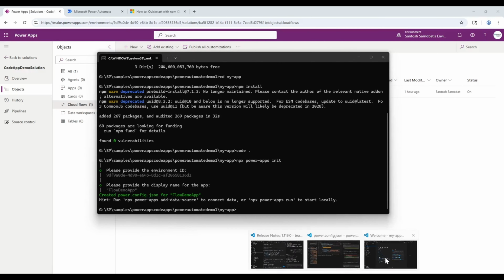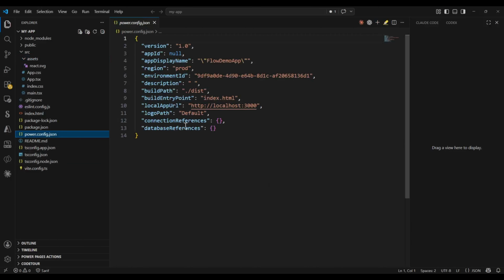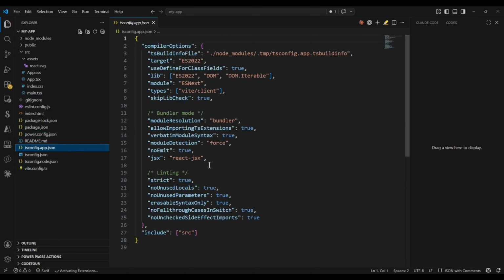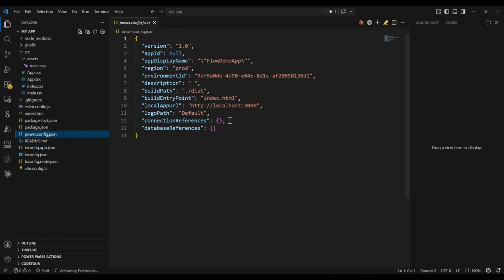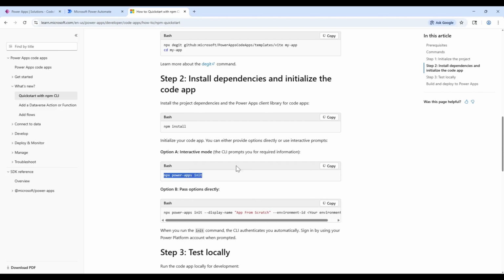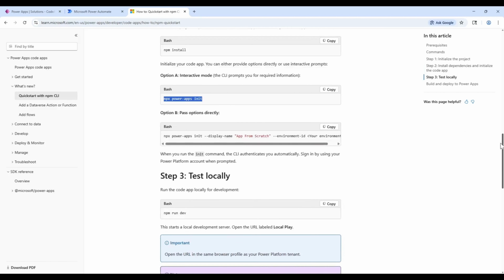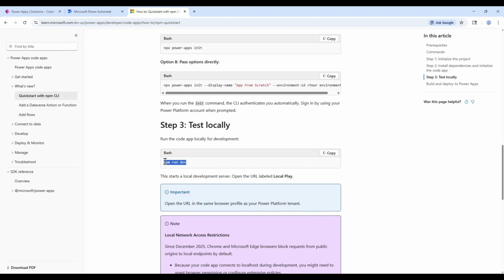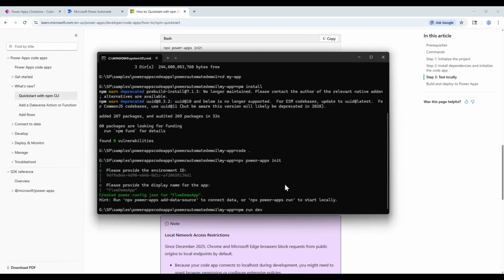So what it would have done is it would have created the ts config file and the power config file, to make sure that it has the configuration values. Okay, now ideally our solution is ready to be run on the local. So if you want to run it, you can just say npm run dev. So I'm going to do that,